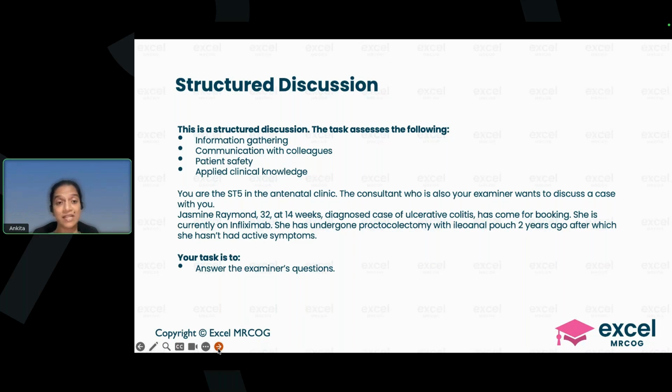And if information gathering is a separate domain, you have to start the management with history, examination, investigations, and management. So they may not ask you specifically what further information, but you have paid attention to the fact that there was information gathering as one of the domains, and that is why you are trying to fetch your marks